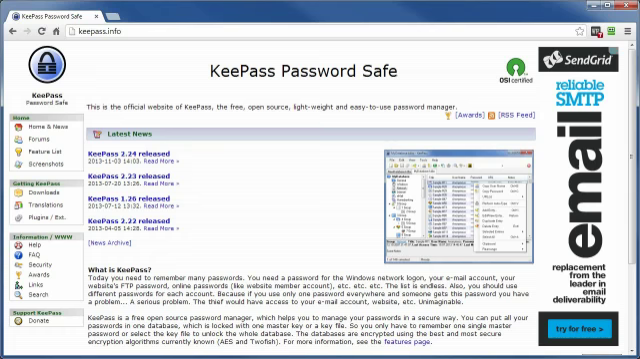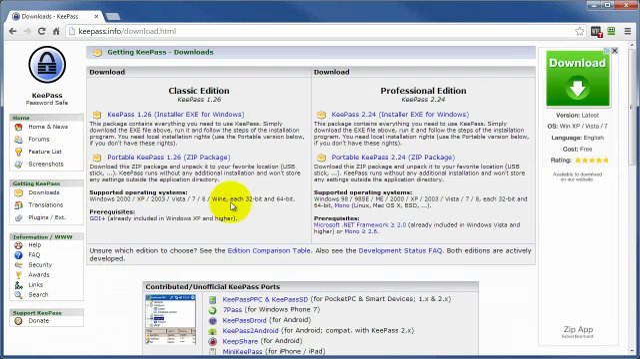This video is going to walk you through the download and install of your KeePass Password Manager program. So let's head over to KeePass.info, and then over here on the left hand column, go ahead and select the downloads link, and that's going to bring us to the downloads page where you can now choose the edition that you want to install and whether or not you want to use the portable version or the zip package or